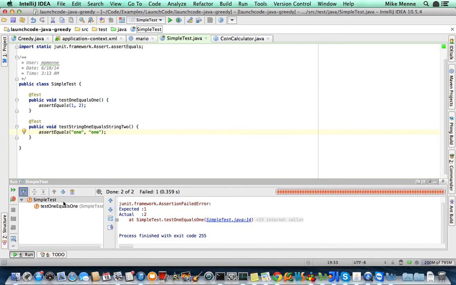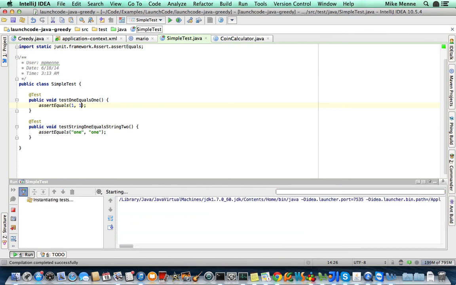Okay, here we can see that yes, it expected 1, but instead it got 2. So we can go ahead and change that back, rerun it. And now we have green bar. That is how you do unit